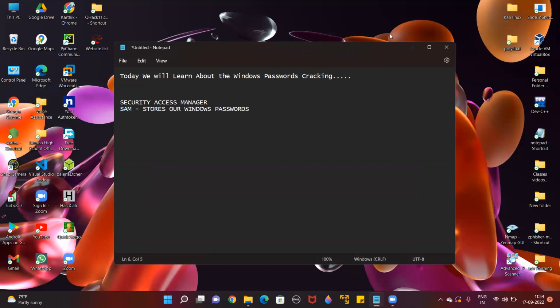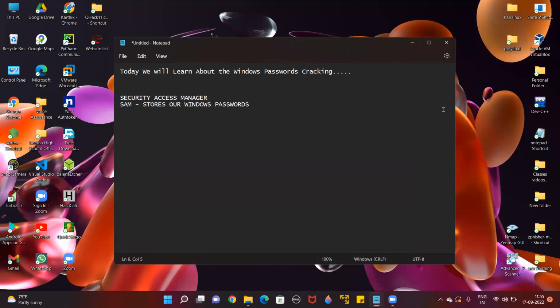So how do we change the password of a Windows machine? For example, if you forget the Windows machine password, what are you going to do? You just give this machine to any hacker who is well known for cracking Windows machines. Then